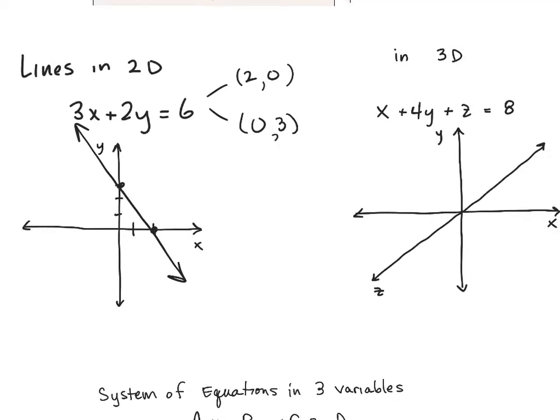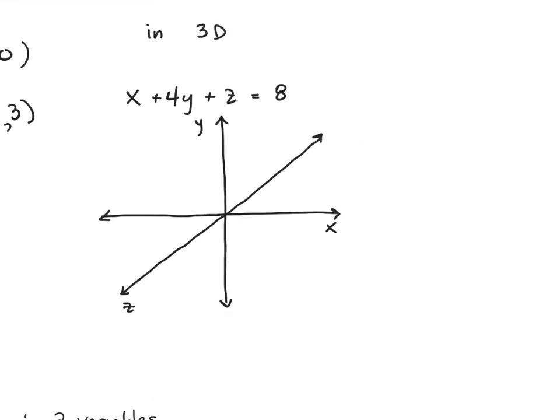It's a similar idea in 3D. So now I've got a 3-dimensional Cartesian coordinate system here. I've got the x-axis, the y-axis, and now the z-axis is the new one. And it's hard to visualize a 3-dimensional plane on a 2-dimensional flat surface, but you just need to imagine that this z-axis here is coming out of the screen and into the screen. It's just moving out in space. And then this equation, x plus 4y plus z is equal to 8,